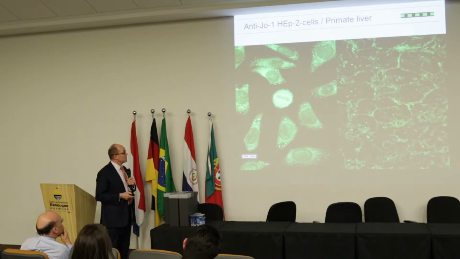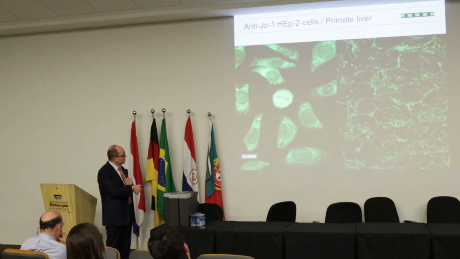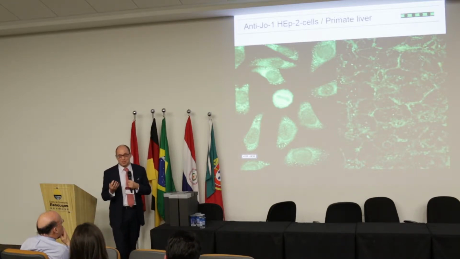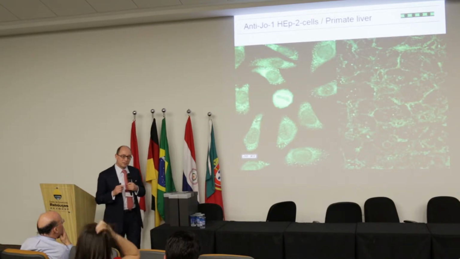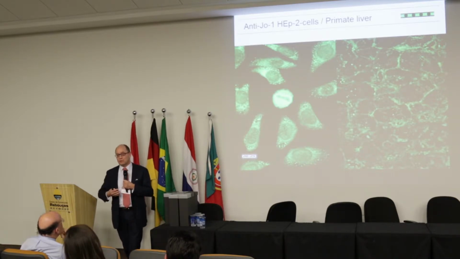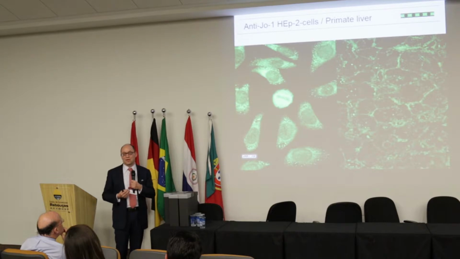This is the immunofluorescence picture on HEp-2 cells. On the left side you see a fine granular staining inside the cytoplasm. These enzymes are located in the cytoplasm. This is typically not an anti-nuclear antibody, but we had this discussion in the morning. It's found in the cytoplasm. But one has to be really very careful, because often in immunofluorescence these antibodies can be overlooked. There are often low titers and very faint staining only. So if there is a suspicion for polymyositis or dermatomyositis, have a closer look inside the cytoplasm.